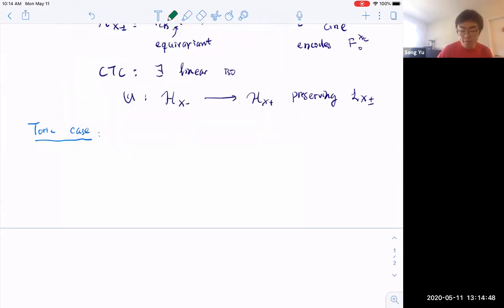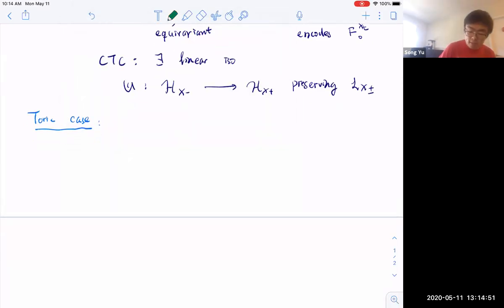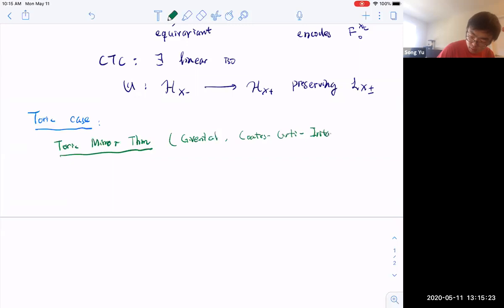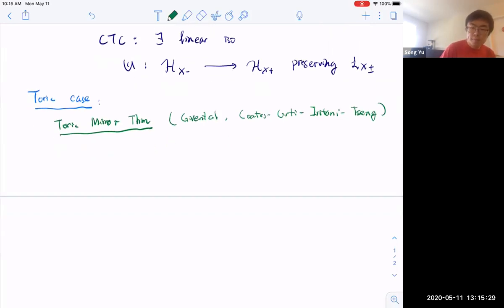Especially, we have lots of nice results in the mirror symmetry of toric varieties. So let me start by mentioning one basic result, which I just call the toric mirror theorem. This is generalizing the classical result of Givental, but also mainly done by Coates, Corti, Iritani, and Tseng. So the statement is that